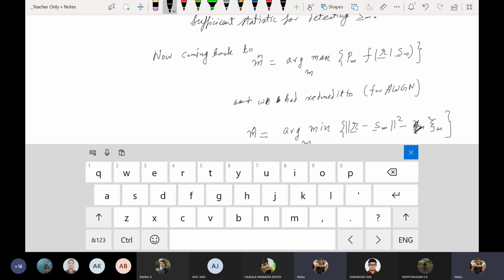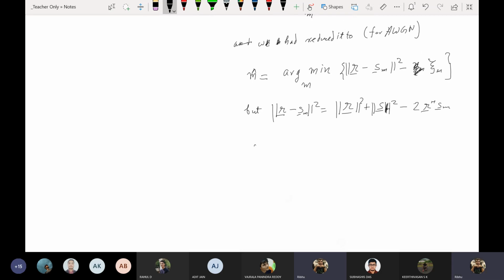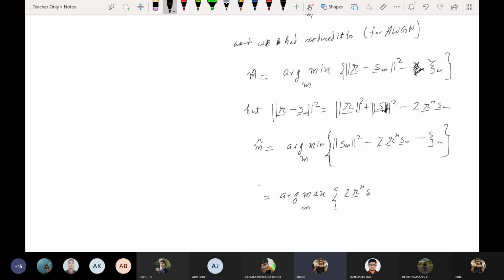So m hat equals arg min of the norm of sm squared minus 2